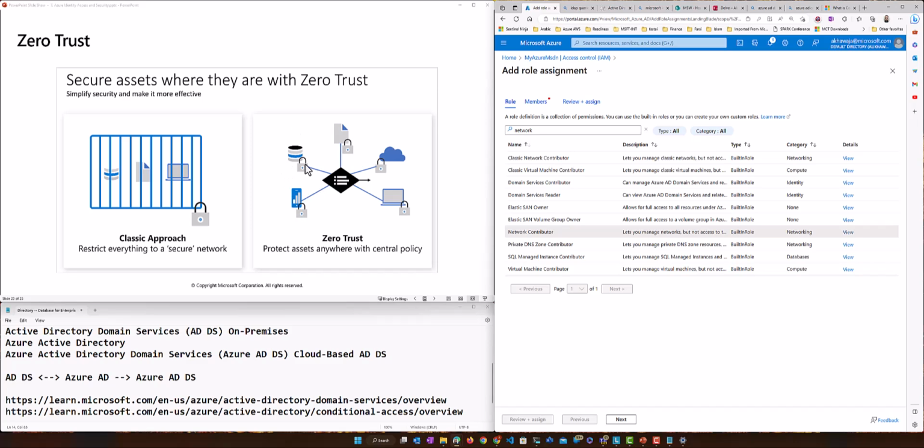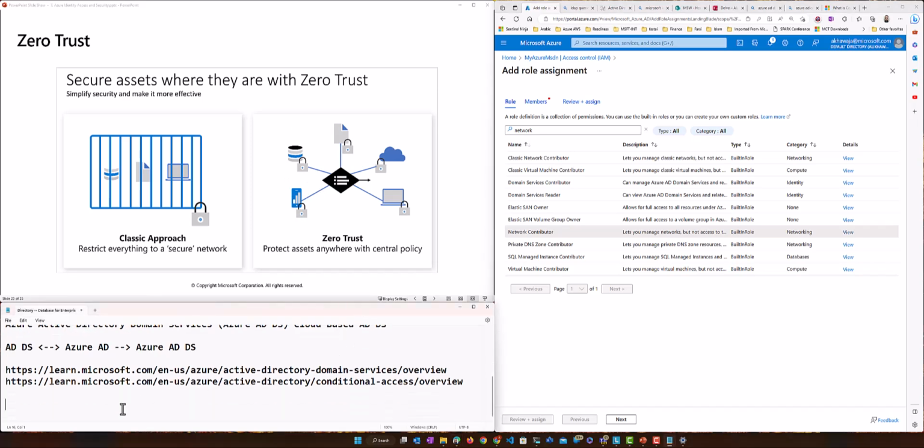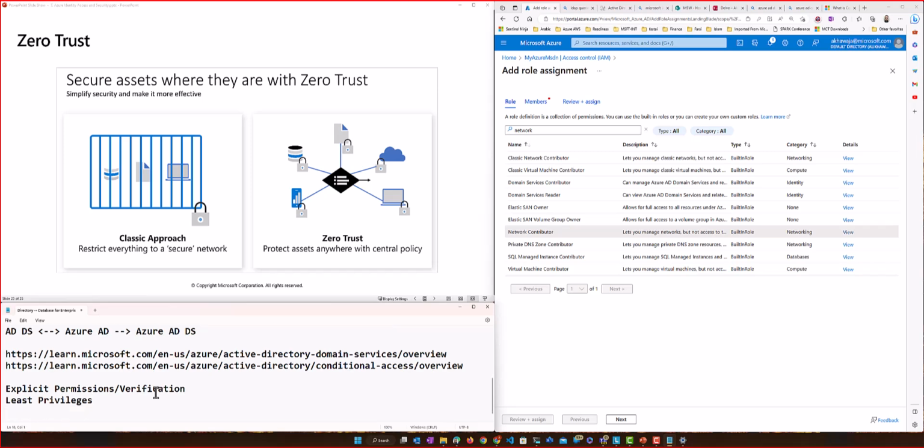So and so forth. So the three main areas basically, right, इसके अंदर. That is explicit permissions, verification, for example, right? And then least privileges, right? That is minimum privileges required to do the work.